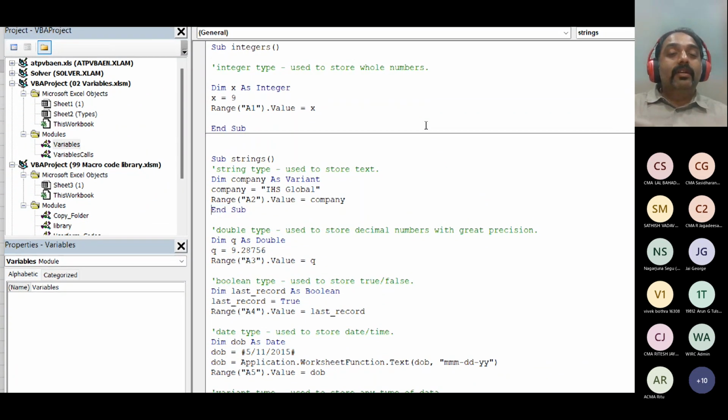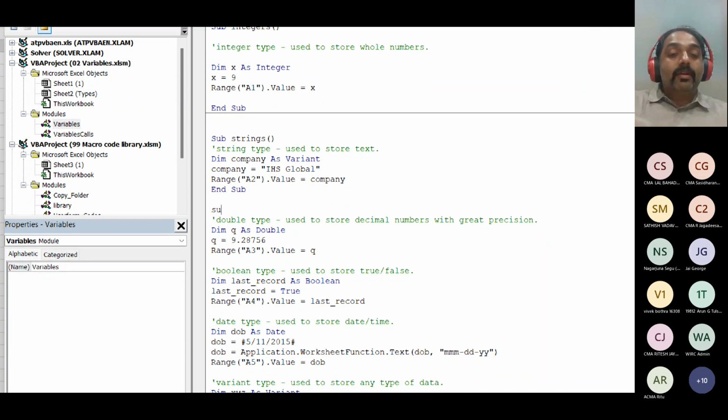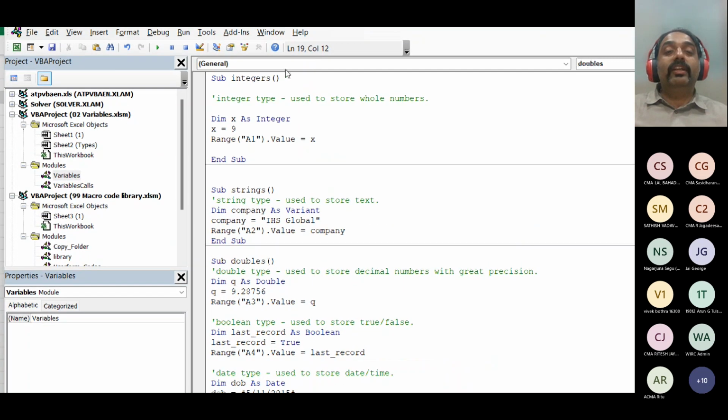After the end sub, I'll again write here sub, and the next is double. I'll just put plurals everywhere, doubles. I'm just putting plural because the variable types have their own meaning. So integers, strings, doubles,